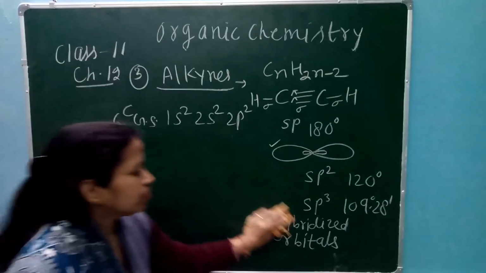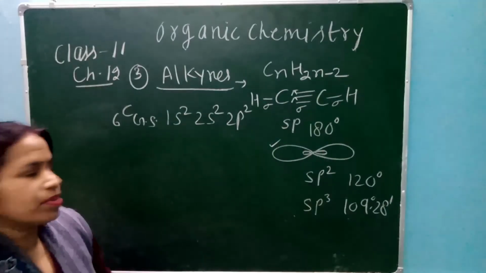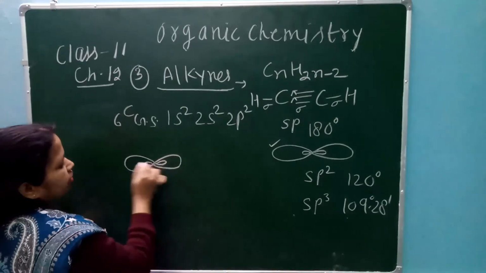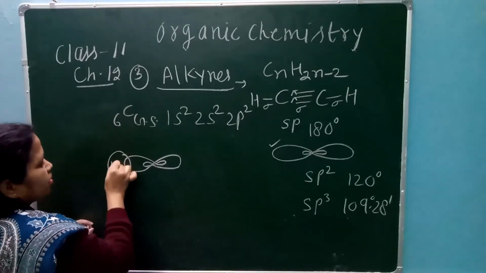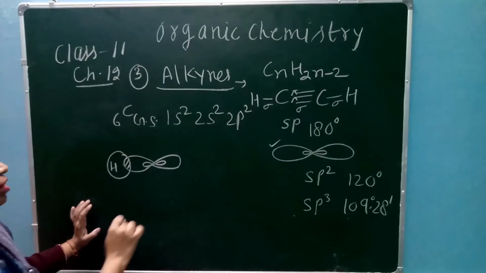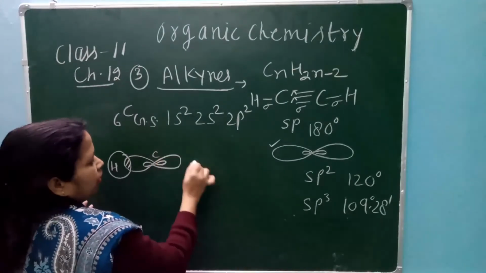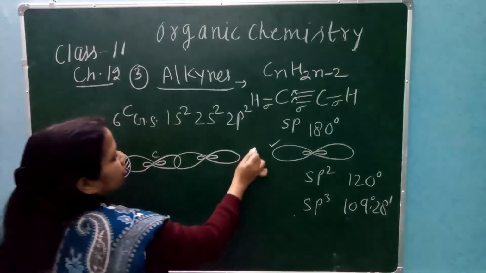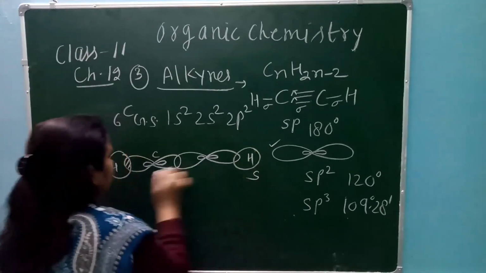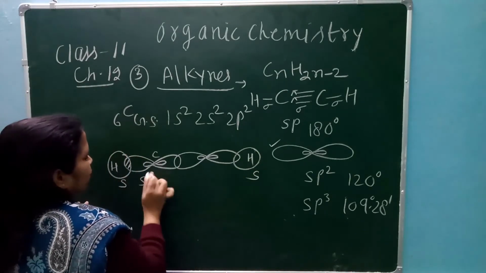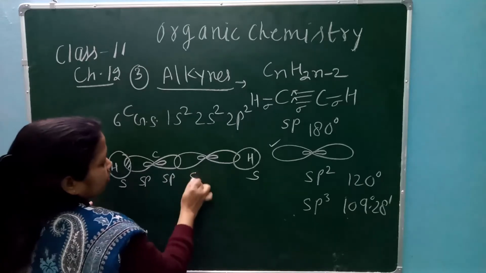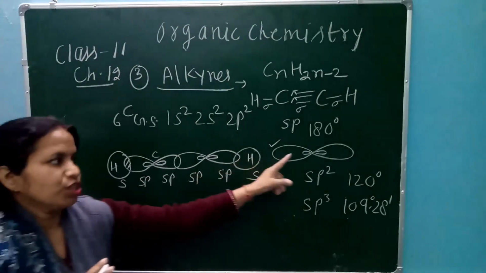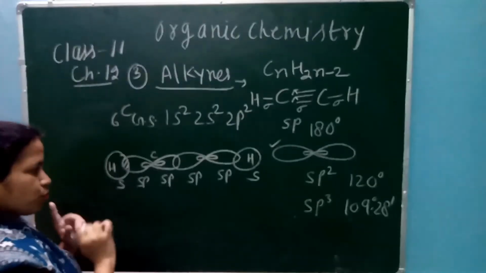So how to draw the structure of acetylene? This is very simple. Again you can see one hybrid orbital, there is hydrogen, this is the overlapping, okay, this carbon and another carbon, there is overlapping like this. This is hydrogen, s, sp, sp overlapping. Clear? यहाँ तक समझ में आ गया? Same as it is. Now 2p orbitals are also present here.